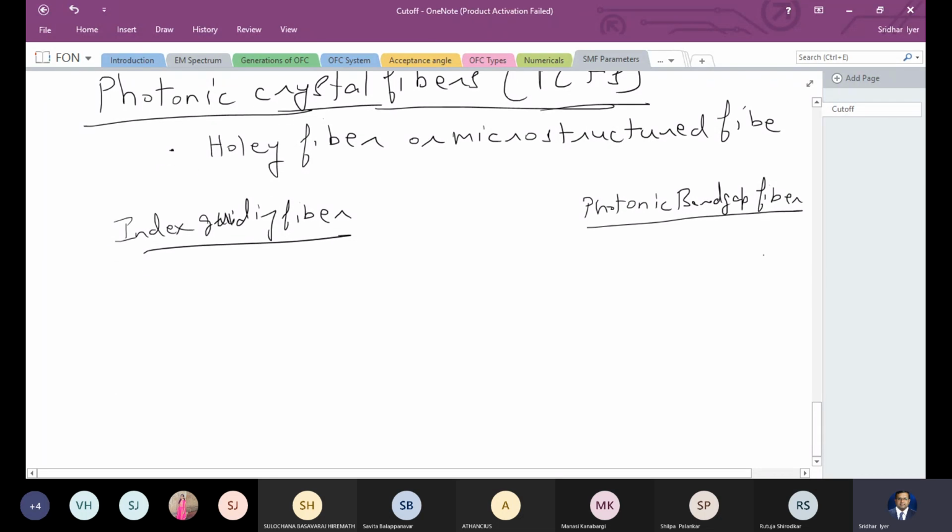I'm sure you know what is this term photonic. It is exactly following what is electronics. Electronics deals with the flow of electrons. That's why it's called electronics. Photonics deals with light. That is nothing but photons. That's why it is called photonics. Right. So anything that deals with optics will be generally called as photonics.